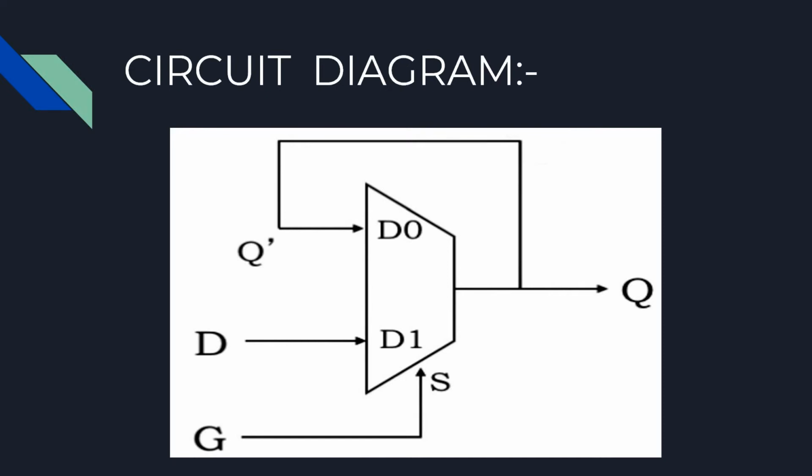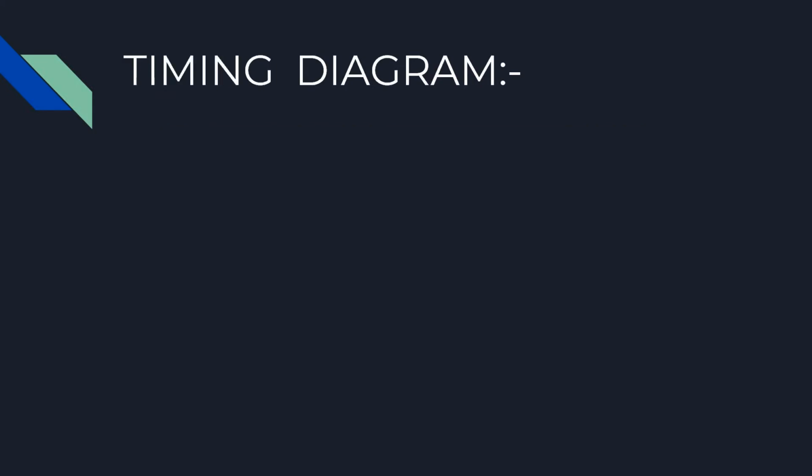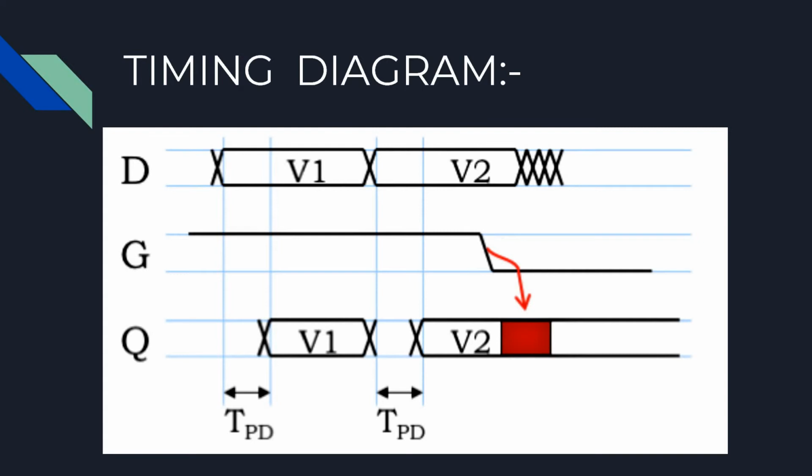When the latch's gate is low, the latch is closed and is in memory mode, remembering what value was on the D input when the gate changed from high to low, that is, gate changed from 1 to 0. This is shown in the timing diagram here. The waveforms show when a signal is stable, a constant signal that's either low or high. When gate is high, we can see Q changing to a new stable output value.